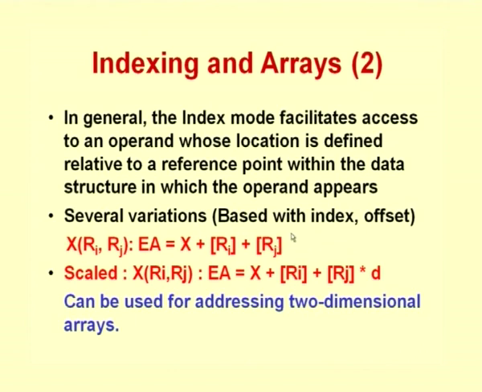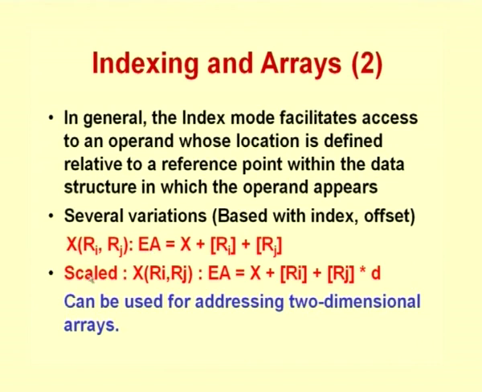So, how do we use these different addressing modes? Suppose you have this kind of an addressing mode, X(Ri, Rj), where the effective address is calculated as X plus Ri plus Rj. So, this could be used again for accessing 2-dimensional arrays, where Ri and Rj could be used to specify the 2 dimensions that we are talking about. Suppose I had A of i, j. So, for A of i, j, i would point to a particular location in the array, and j would point to a corresponding location. Based on both these dimensions, we could look at calculating the effective address.